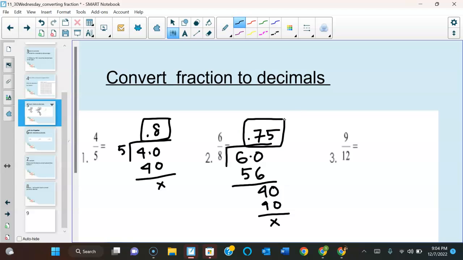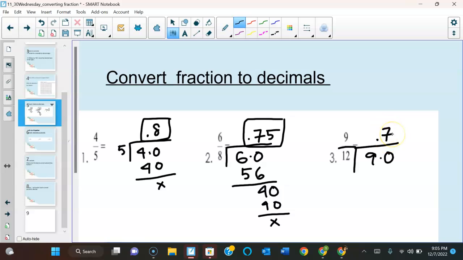Let's try 9 over 12. 12 is our denominator, and our inside number is 9. So we cannot divide 9 by 12. We are going to put a decimal point here and add 0, and make sure that you put the decimal point on the top. So 12 times